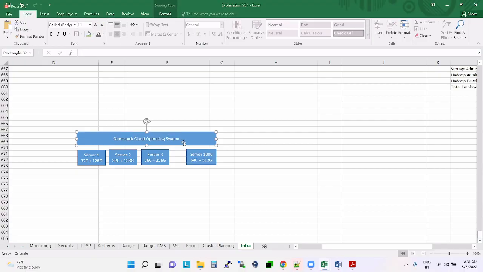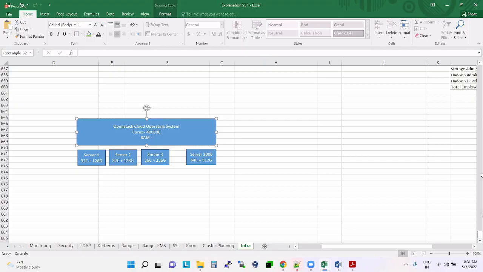This single unit will say I have cores, let's say 40,000 cores.